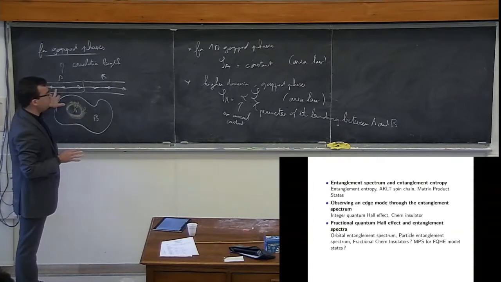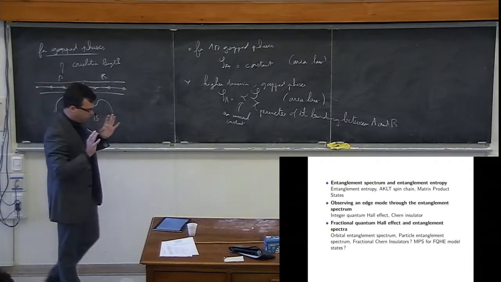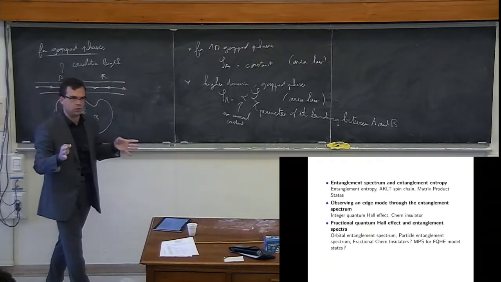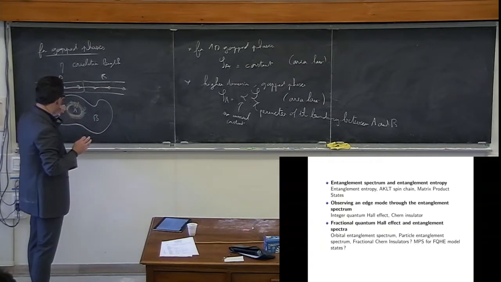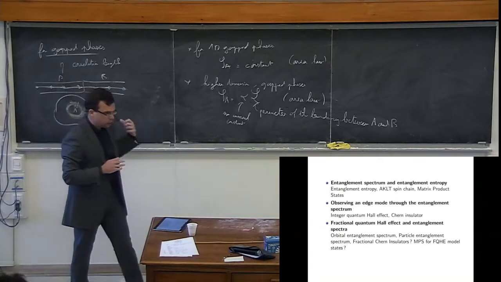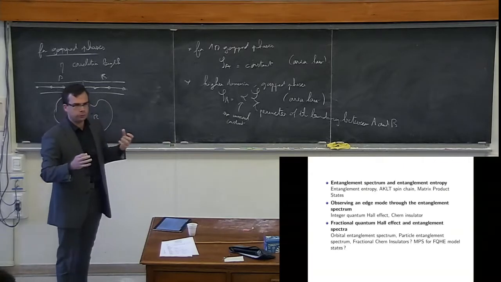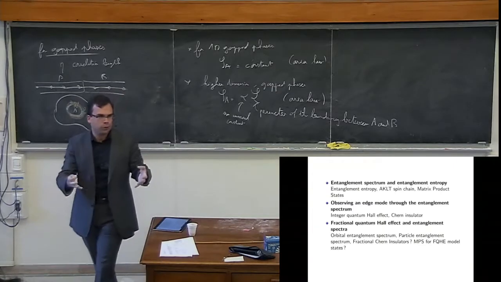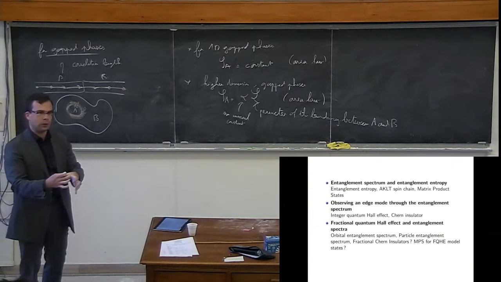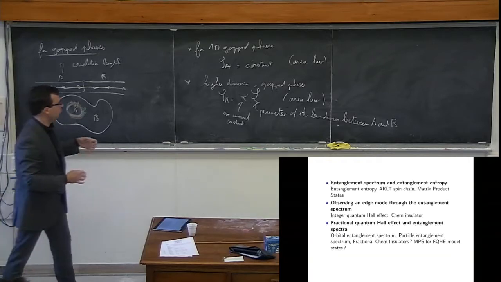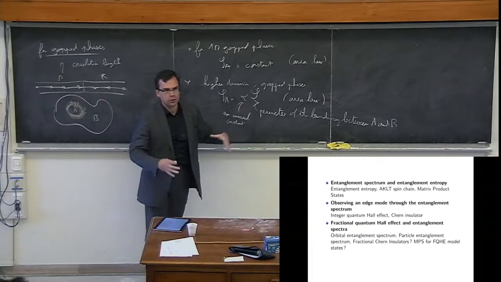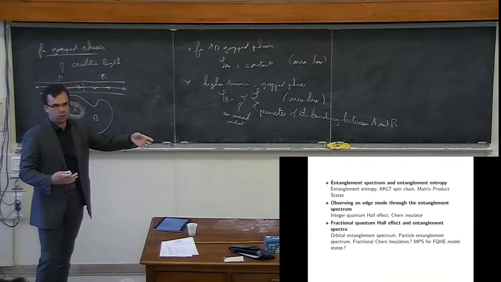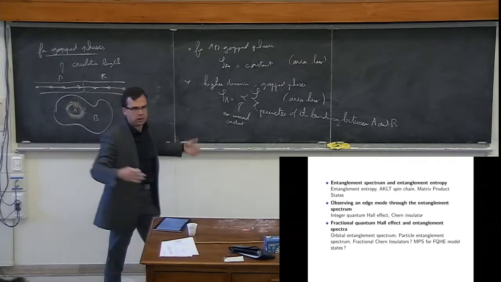For a 1D system, I think you have precise statements about the dimension of A and the dimension of B in terms of Hilbert space dimension. For the 2D case, since there is no mathematical proof, I don't have any rigorous statement about the details, but you have a finite correlation length. So of course, if your system A is too small, then you will move away from the area law. So the size of A has to be big enough compared to the correlation length. And of course, B has to be much bigger than